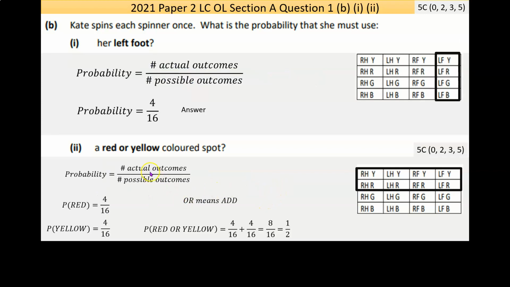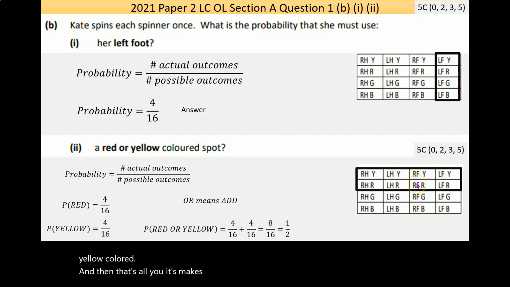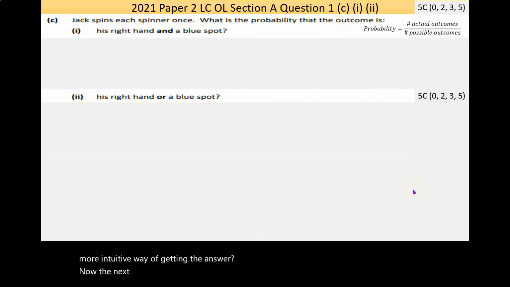Now in the answer here in the notes, I've tried to do that same thing in math speak, but also again taking the sample space and identifying how many of them are red colored and yellow colored. And that's all of them. So if you see, it makes up half of the sample space. That's another, maybe more intuitive, way of getting the answer. Now the next part then says